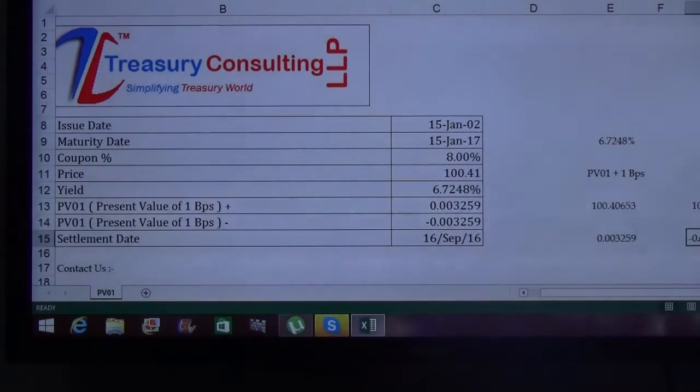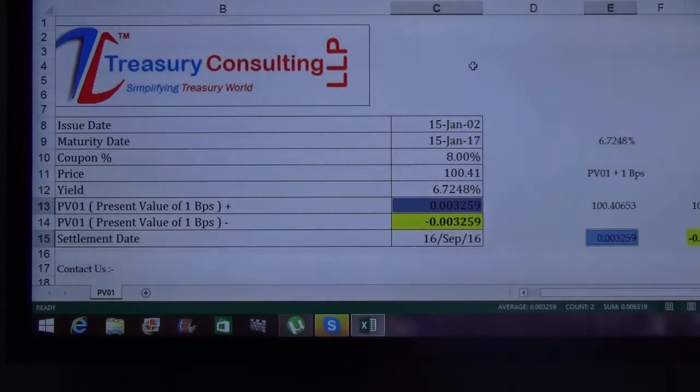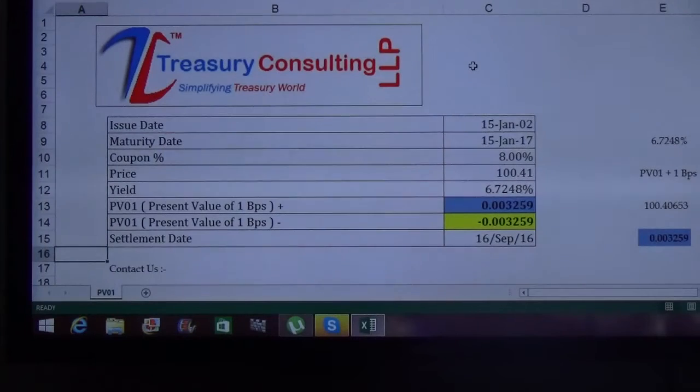I will press both of them as control V. Yeah, I will give them one color, yellow. This price is tallying with this price, which is the increase. I will give this a fresh color, say blue. Control V. This is how we calculate the present value of 1 basis point or the impact of 1 bips in the